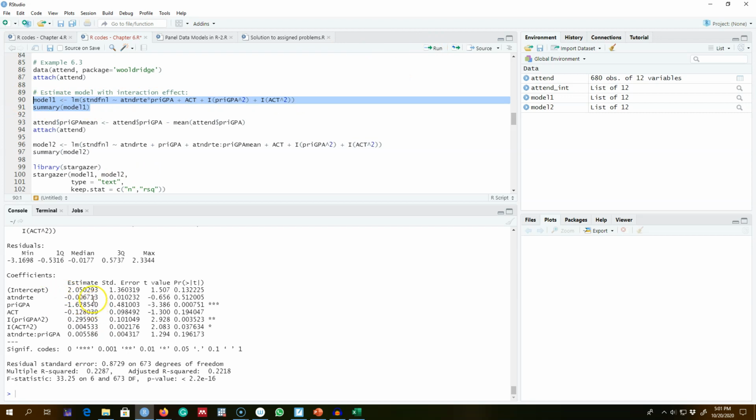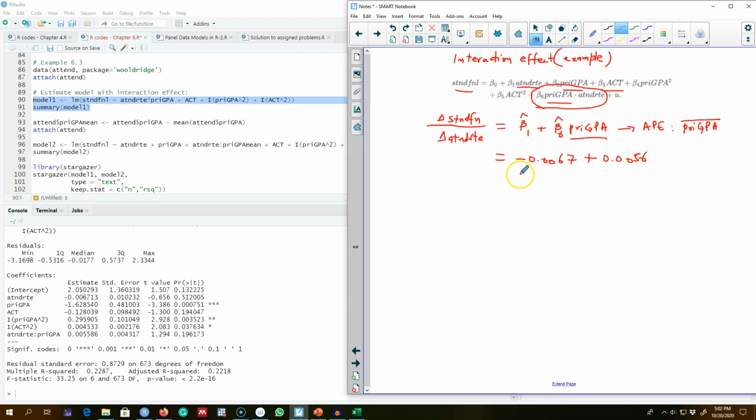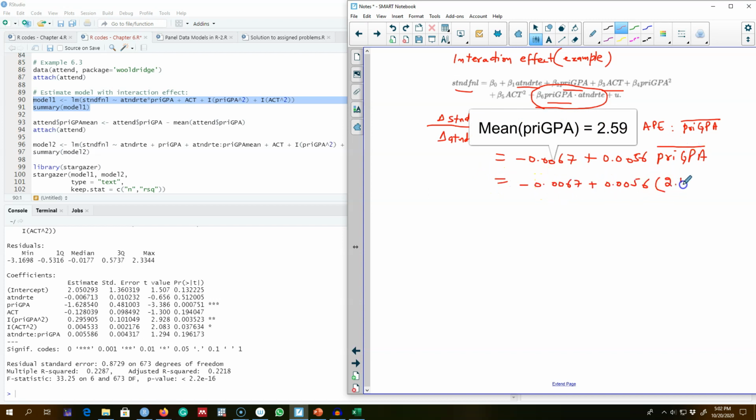We can look at the summaries. So these are our two coefficient values. Our coefficient value of attendance rate is minus 0.0067, and the coefficient value for the interaction term between attendance rate and prior GPA is 0.0056. And we want to measure this impact at the average value of prior GPA. The average prior GPA in the sample is about 2.59, so we can multiply this and we can get the average partial effect as